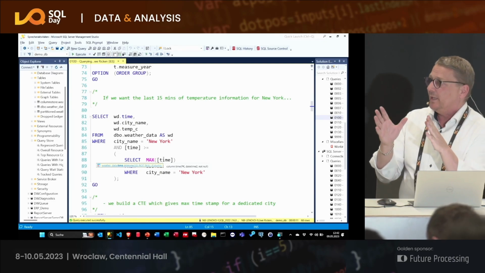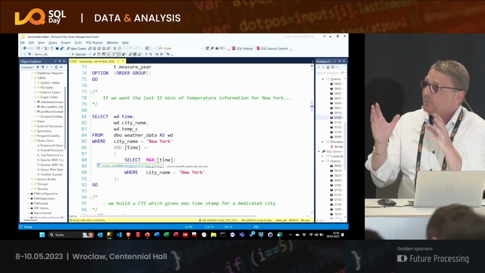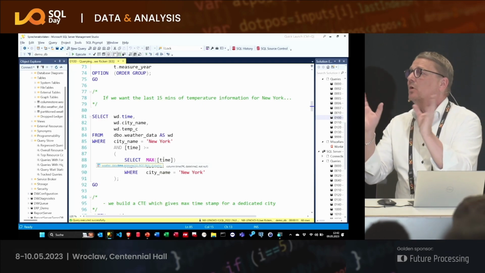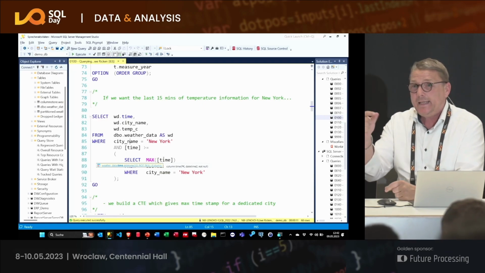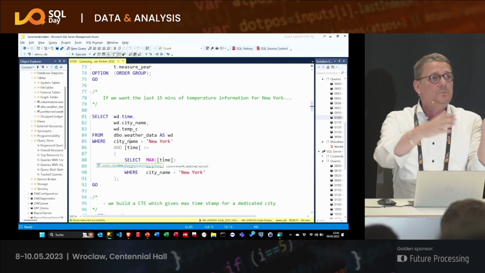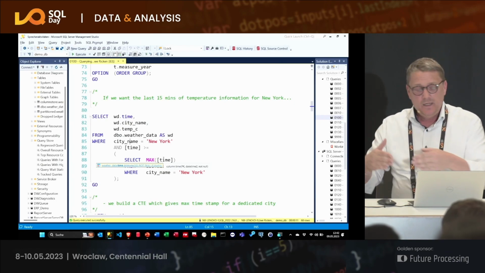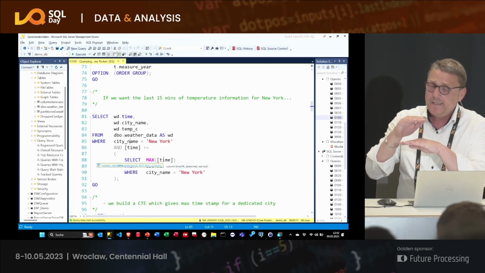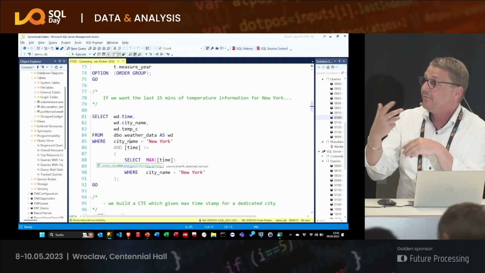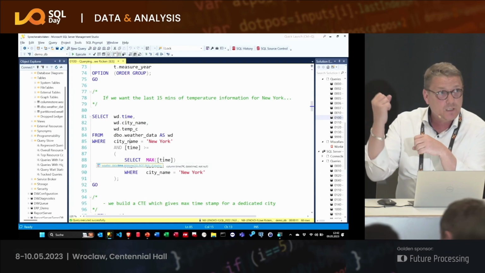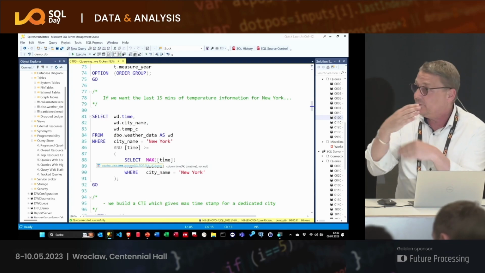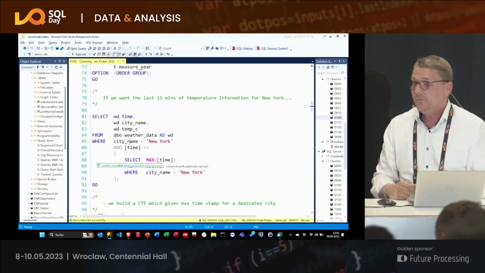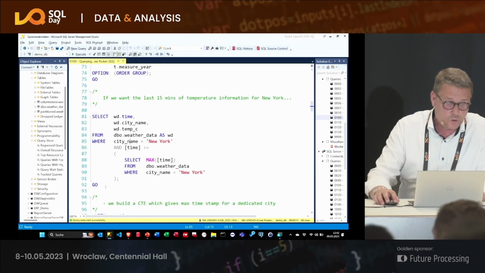Normally, when we are dealing with queries against time, it's more a range than a dedicated timestamp. You say from to, like this. So that is the reason why I decided to put an index on the city name first, where we have the equal predicate. That means we go immediately to the city, and then we can collect inside the city for the time. Let's see how this will work.